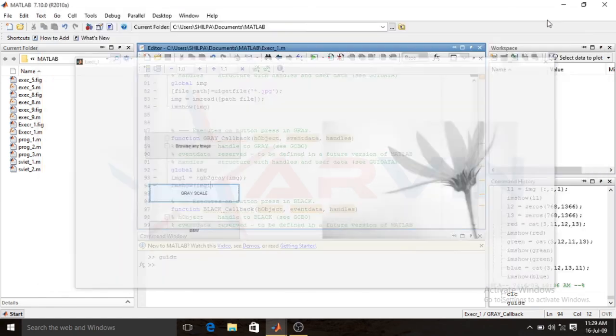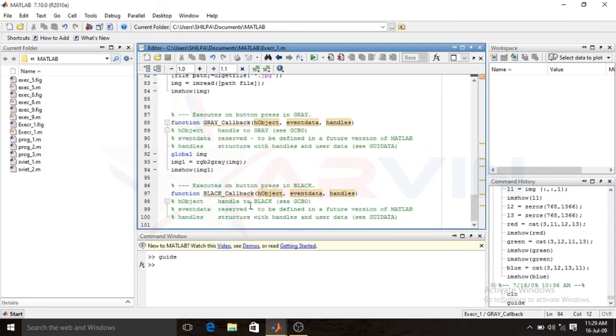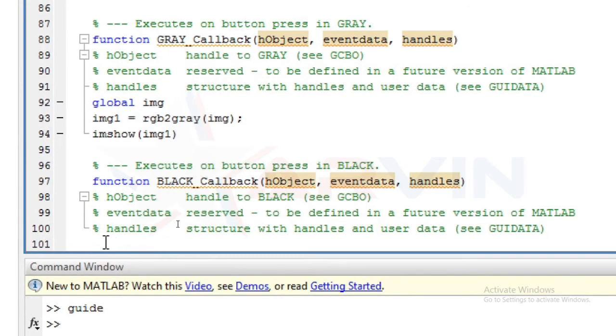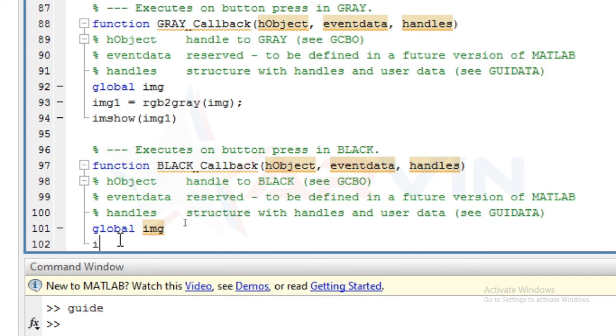So open your .m file. Again call back your original image. Now the command is im2bw, used to convert an RGB image to a black and white image.